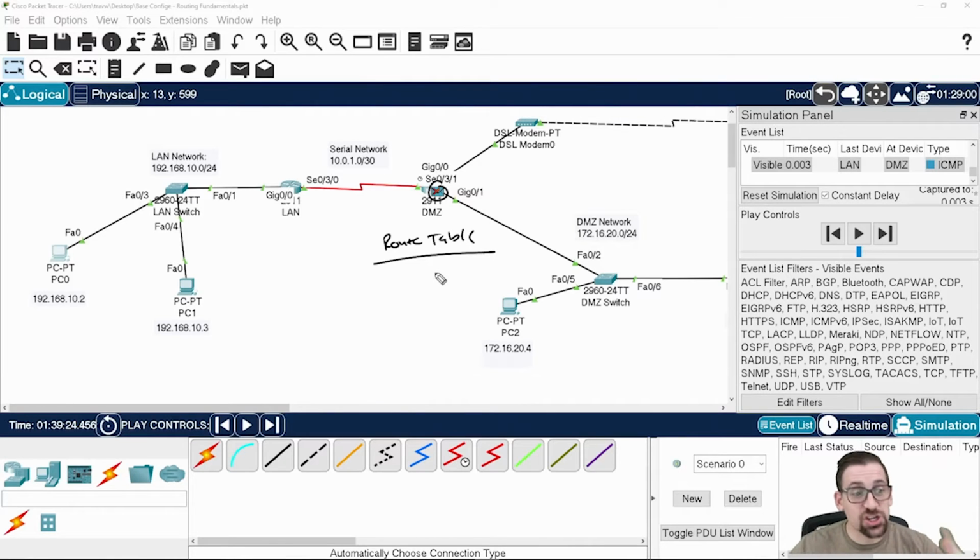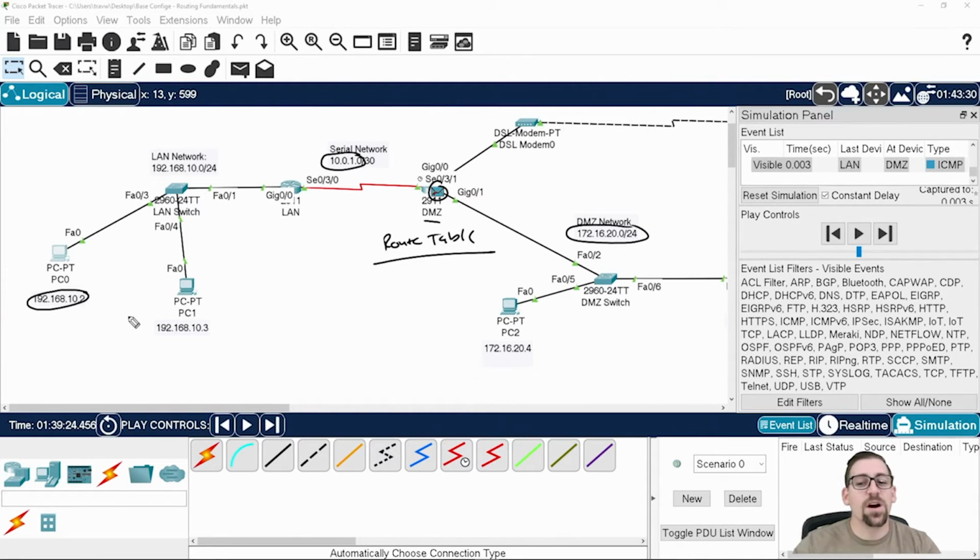What entries should we see in the DMZ's route table? The DMZ's route table should contain a directly connected route of the 10.0.1 network, and it should also contain a directly connected route to the 172.16.20 network. If that's the case, and I'm going to turn off the simulation mode here so we can actually pull those route table entries, then this DMZ router is trying to respond to an ICMP echo request